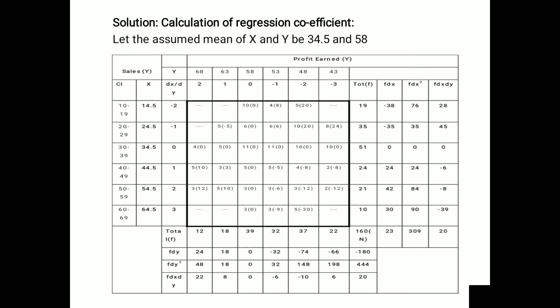In the same way, all the bracket values should be found out here, and all those values put in the brackets have to be totaled, and we will obtain f dx dy. And finally we will obtain sigma f dx dy. So the total of f dx dy in the horizontal way and the vertical way should be the same, that is, sigma f dx dy of both x and y variable is the same here, that is 20.